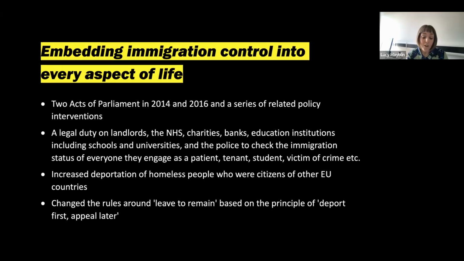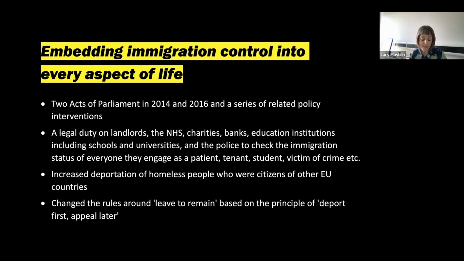So, to create a hostile environment for these people, the government embedded immigration control into every aspect of life. The hostile environment policies included 2 acts of parliament, so in 2014 and 16, and a series of related policy interventions. So there was a legal duty introduced on landlords, the NHS, charities, banks, education institutions, the police, and many others to check the immigration status of anyone they engage as, maybe a patient, a tenant, a student,